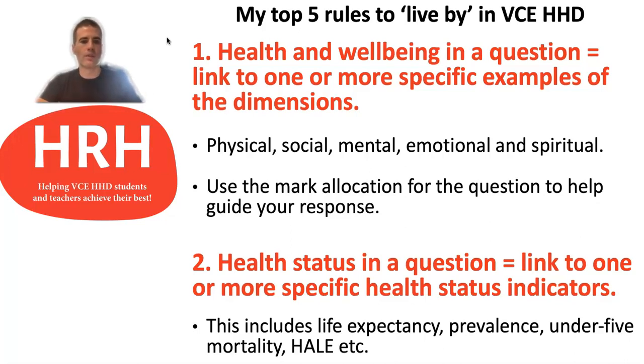Rule number 2, if you see health status in a question, you're being expected to link to one or more specific health status indicators. So this is referencing the health status indicators such as life expectancy, prevalence, under 5 mortality, HALE. There's obviously a wide range of different health status indicators, and similar to health and well-being, it's normally one